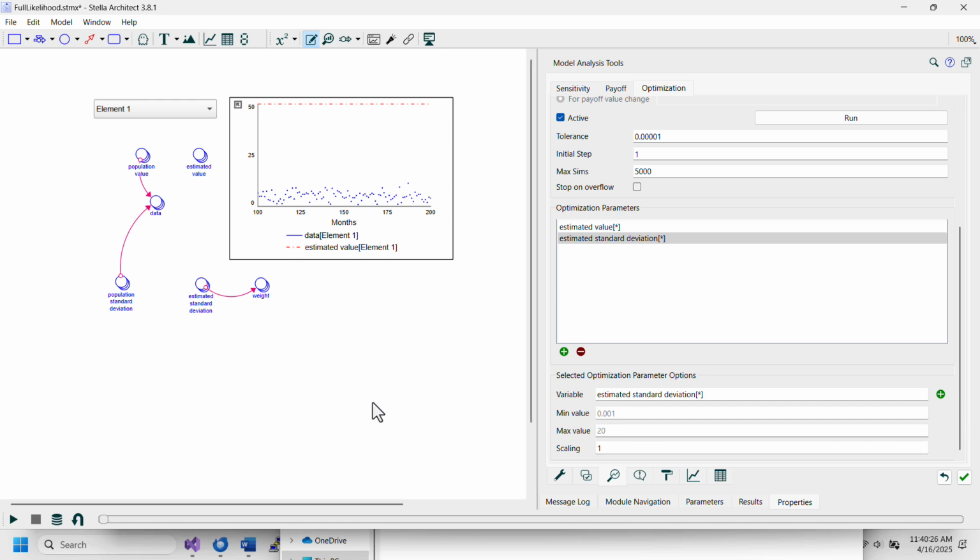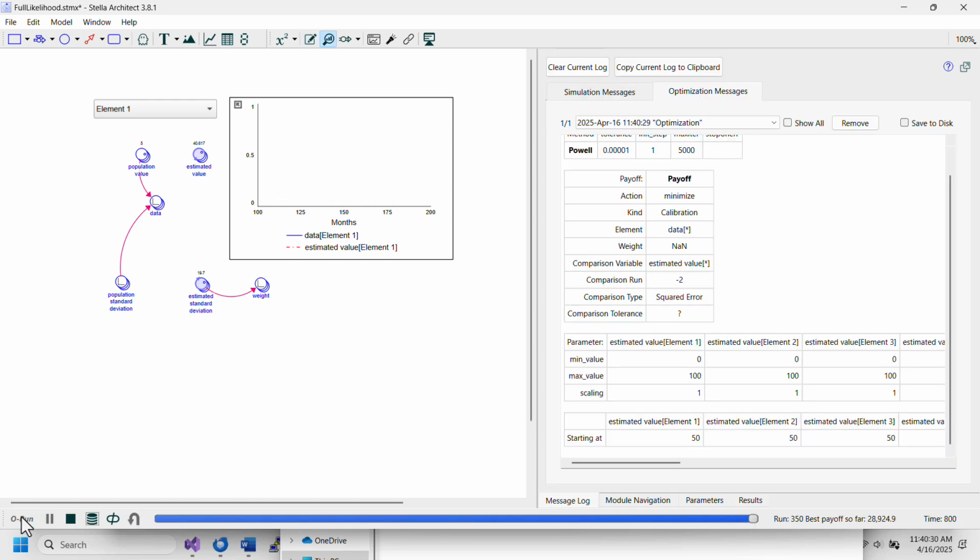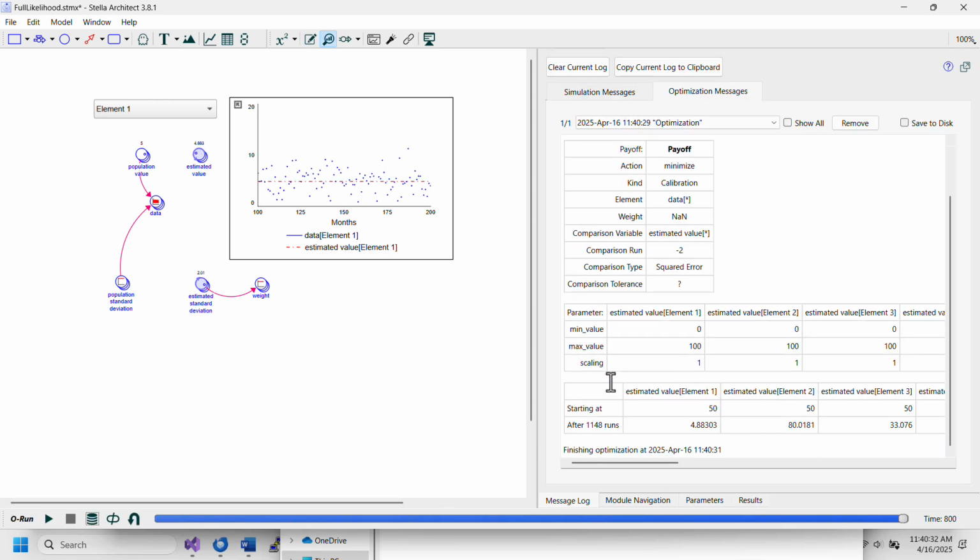And now at this point I can run an optimization run and do an estimation over this,